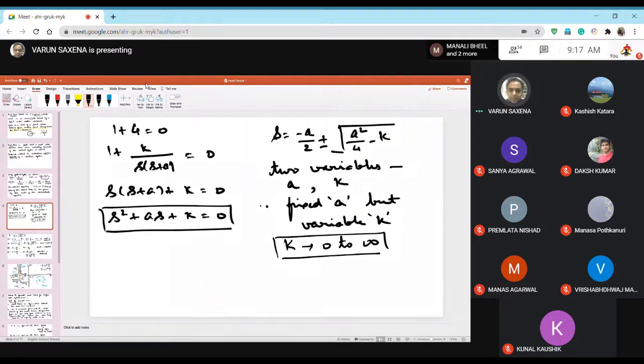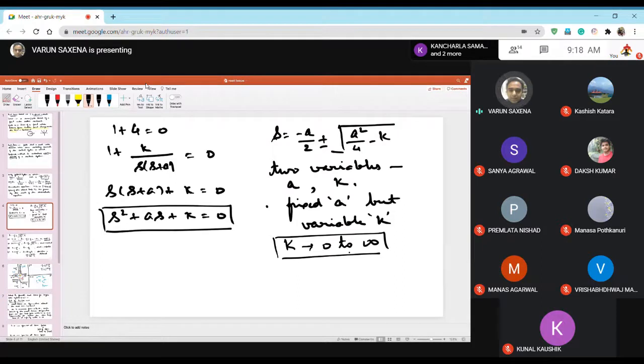Right hand side is unstable, left hand side is stable, and on the imaginary axis, if it's a simple pole, then it's marginally stable or marginally unstable. So it's almost there, critically stable, one can say. So we already know what will happen if you vary a. But the interesting thing is what will happen if you vary k. So that is what we are doing. We are varying k from 0 to infinity because this is basically what we call the system's gain.